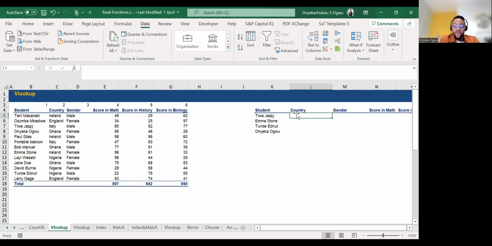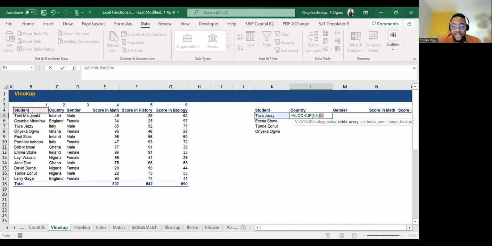I'll start again. Equals VLOOKUP. Lookup value is Tiwa Savage, comma. The table array, this is the table we are looking at, comma. Column index: it's asking which column, when I get to this table, I should look at. Now we want to find out Tiwa Savage's country. So we come here. What column is country? Country is 2, so we put 2,